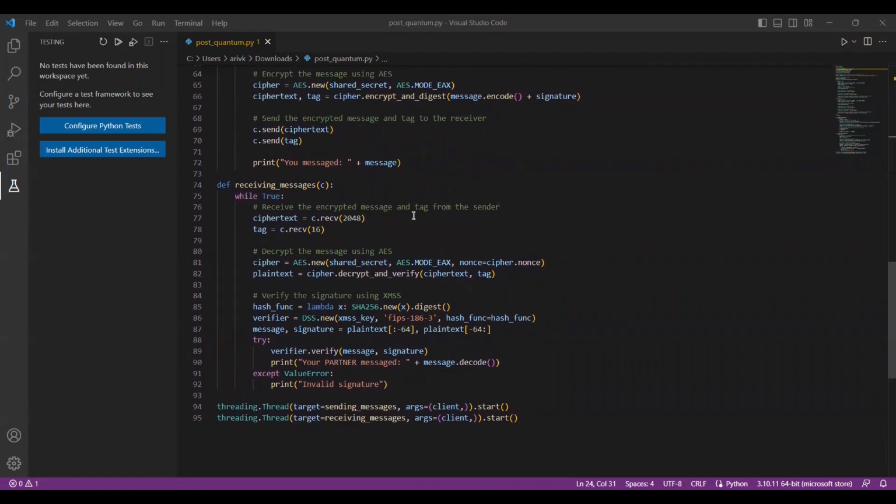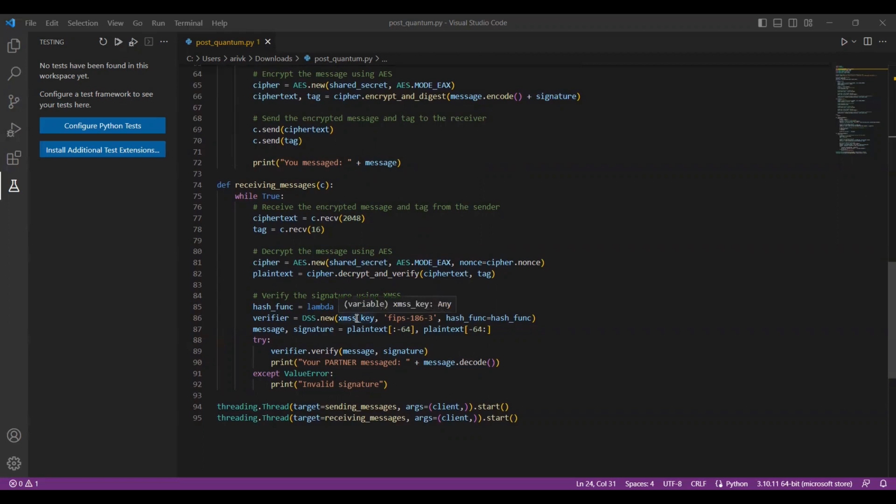It first receives the encrypted message and tag from the client, then decrypts the message using the shared secret key, and then verifies the message's digital signature using the XMSS key.